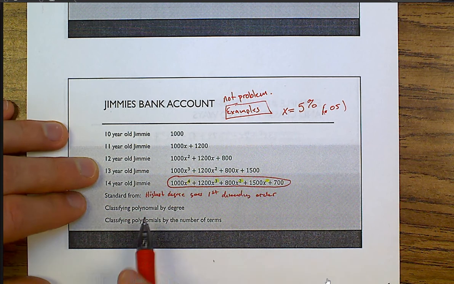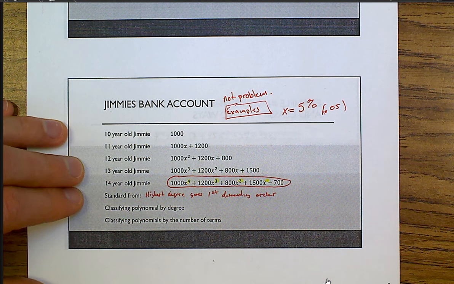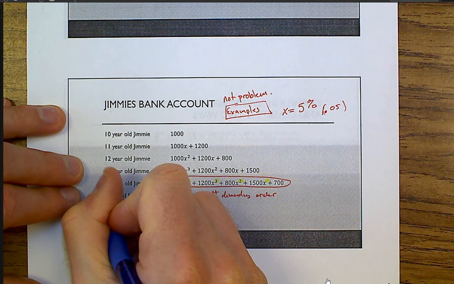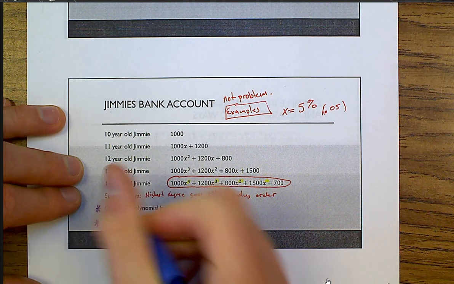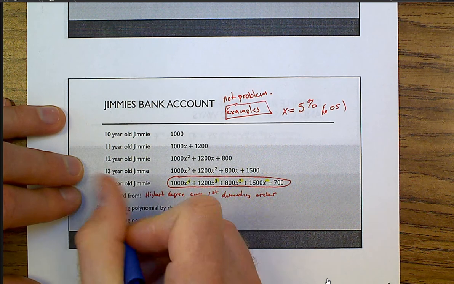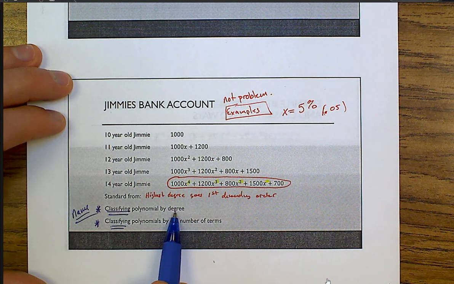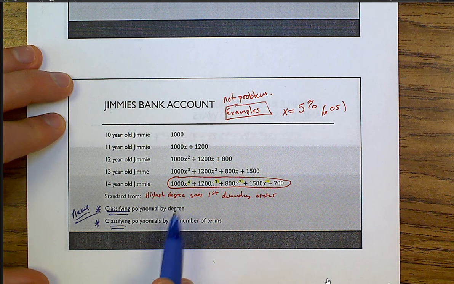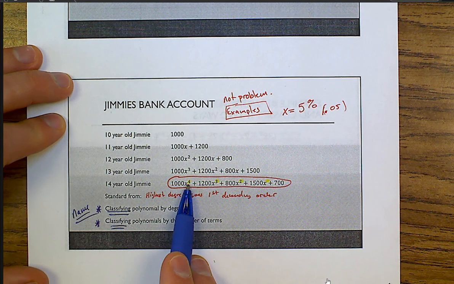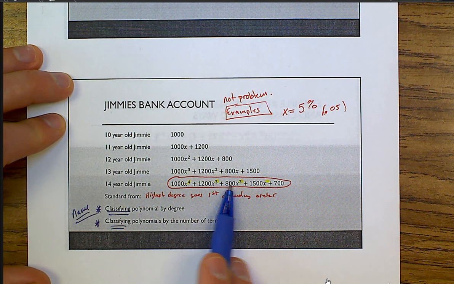What we're going to do next here, I believe it's on the next page, is what I was just talking about at the very beginning: we're going to classify or name polynomials by their degree and by how many terms, right? We would call this a degree 4 polynomial, and there's 1, 2, 3, 4, 5 terms. So when we turn the page here